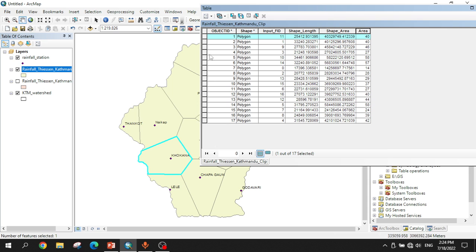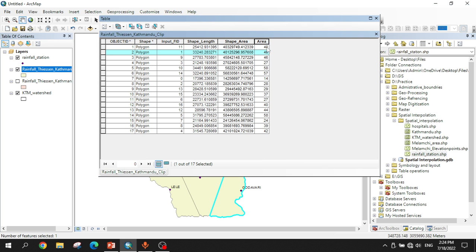area, and likewise others. So in this way, we have calculated the area for each rain gauge influence area. Then after doing this, we are going to calculate the Hessian weightage. And for doing this,